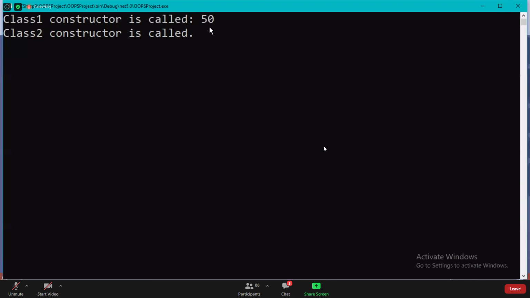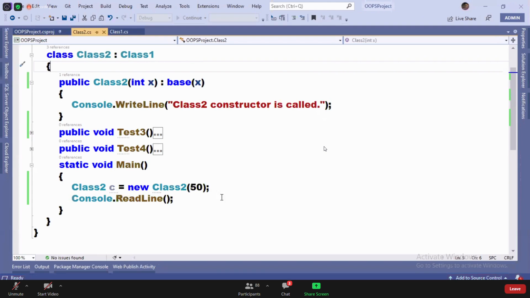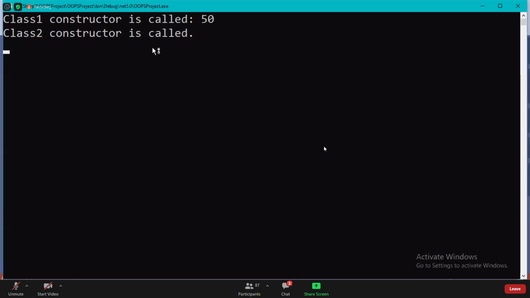Understood my point? The value 50 that I passed here comes to x now. And the value x is passed to the parent, and the value went there.